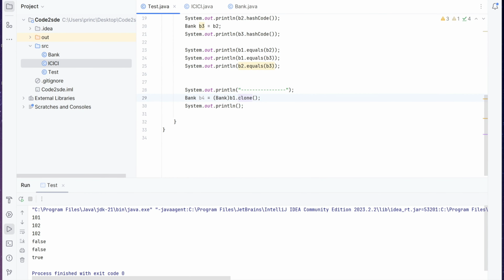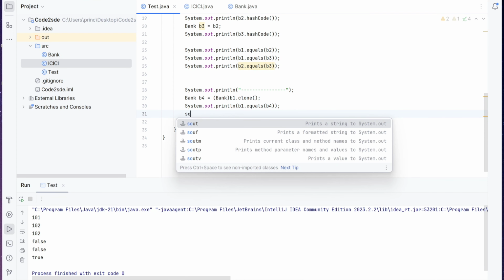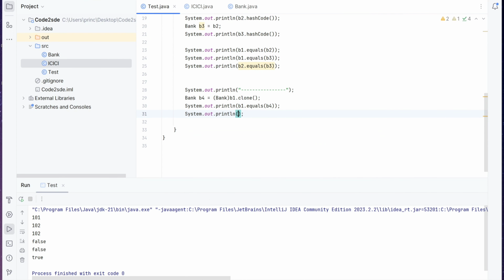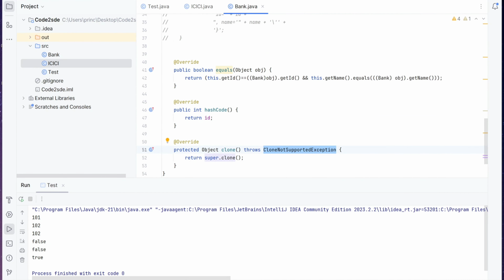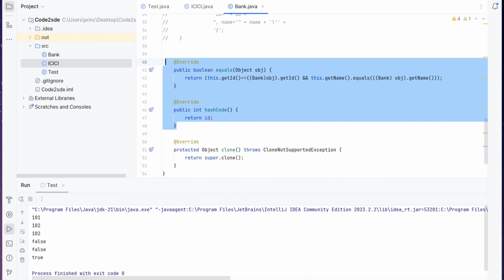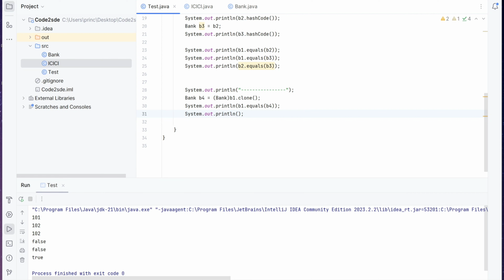Now come to the test class. I'm going to print. What I'm going to do is check if B1 equals B4 or not. Right now we have overridden some conditions, like this equals. Let's comment this first and see the default behavior.